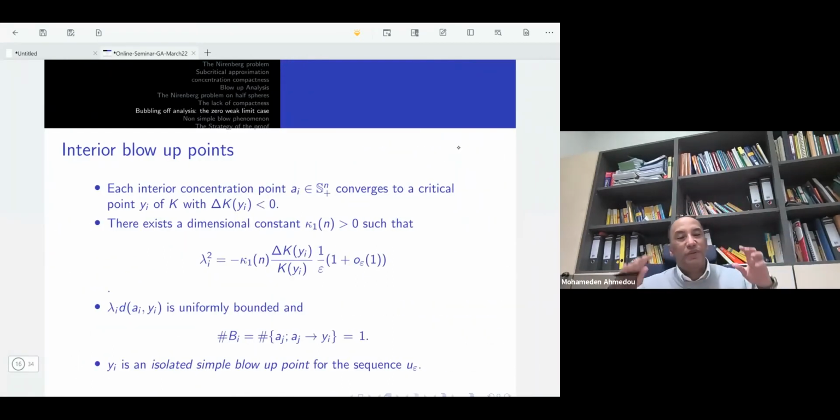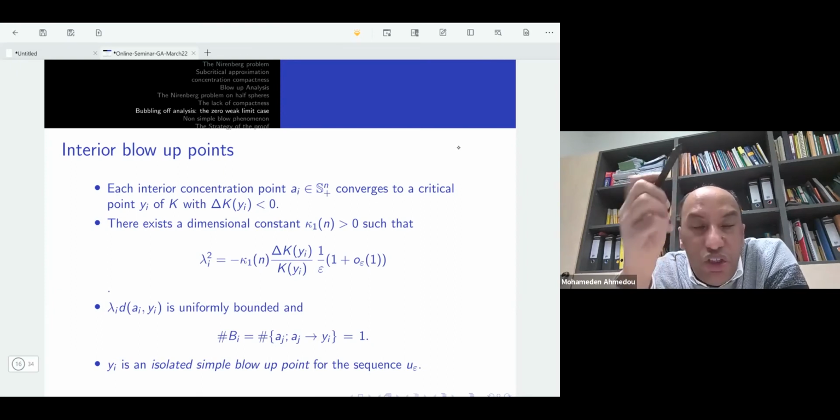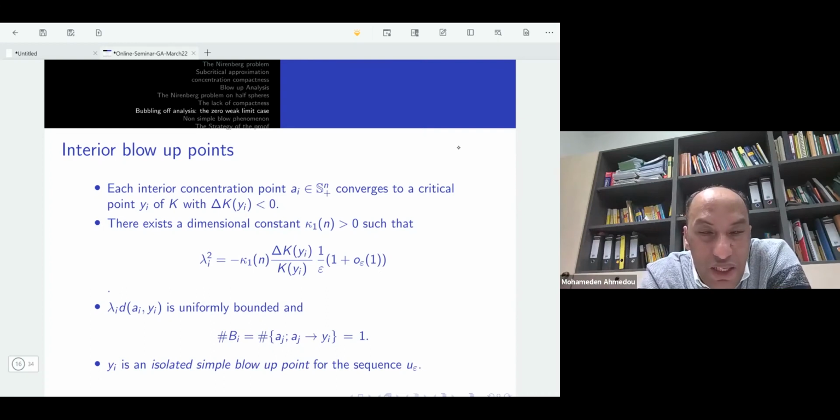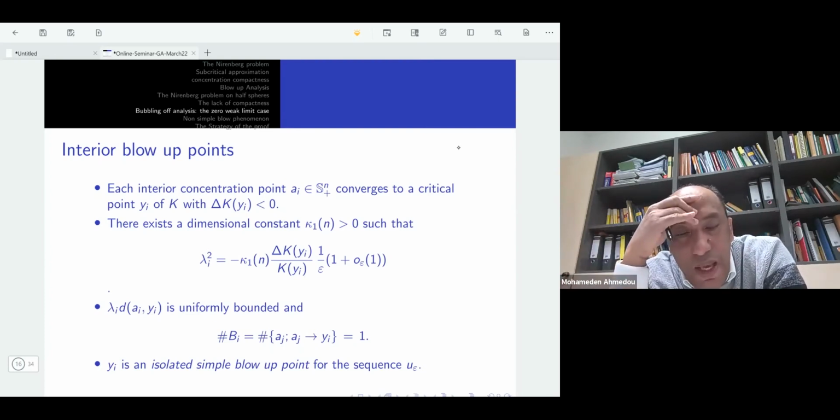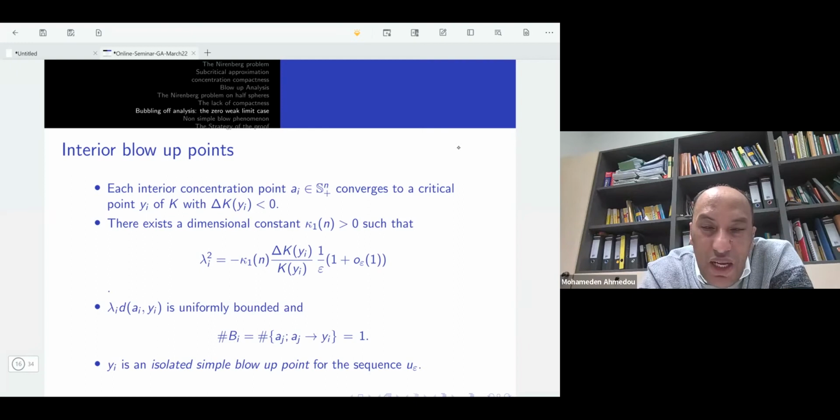Now what happens? First, let us look at what happens for the interior blow-up point. So an interior blow-up point will converge to a critical point of K with Laplacian strictly negative. So this is the same situation as on the sphere, and also on the half sphere in low dimension. And what we can also prove is that there is an estimate of the height of the speed. So the speed lambda_i behaves like